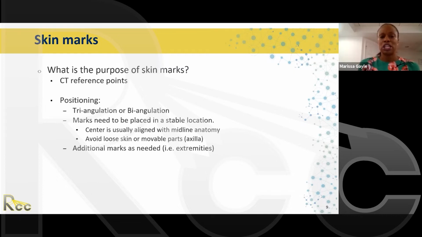We tend to use triangulation for the majority of our setups. Biangulation is just using 2 points. Generally, we would use biangulation if you're treating a breast patient. I would use biangulation if I was doing an extremity, like an arm or a leg. And then we talked about skin marks needing to be placed in a stable location, meaning that it should not